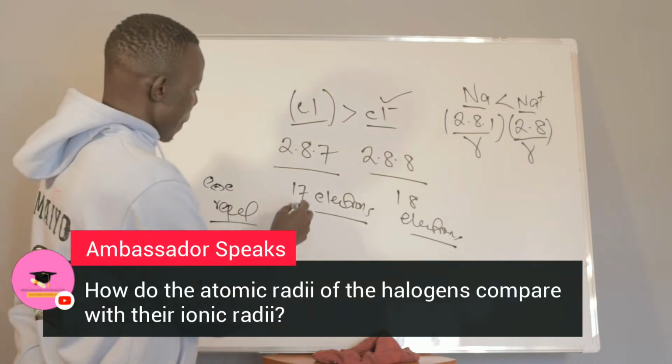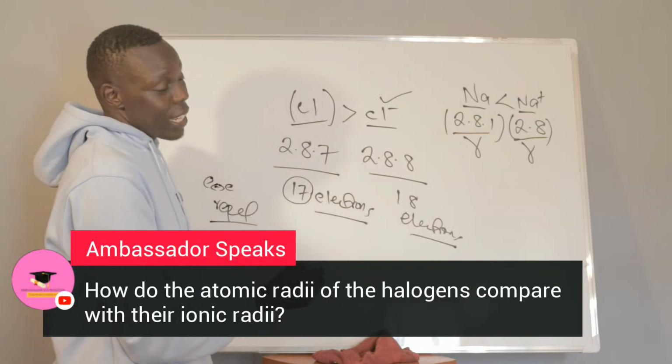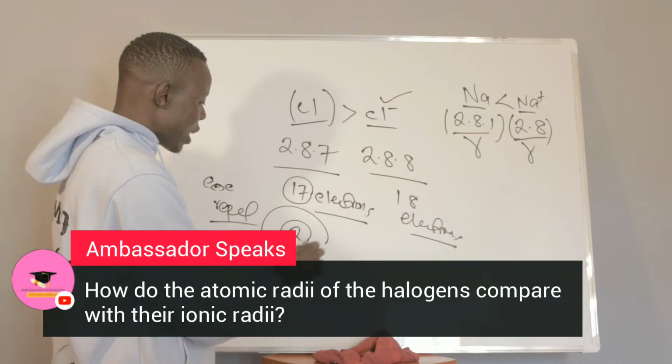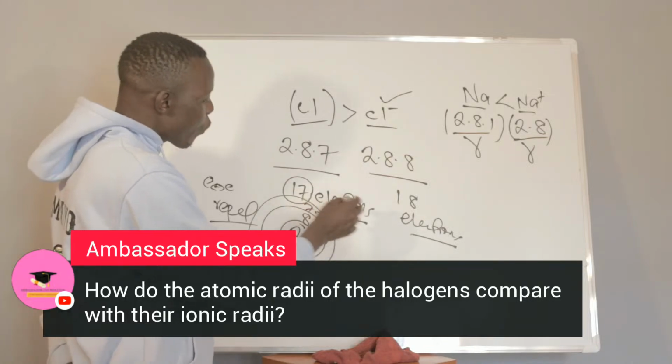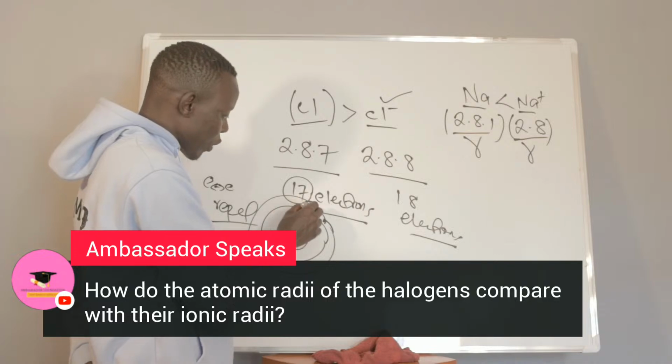Remember, these electrons are distributed in the various energy levels: 2 in the first energy level, 8 in the next, then 7 in the outermost. So these ones are repelling with this. But now, if we increase the electrons in the outermost energy level to 8, where here it is 7,